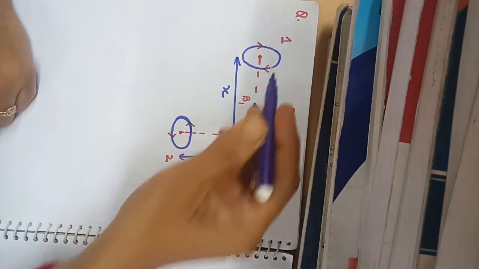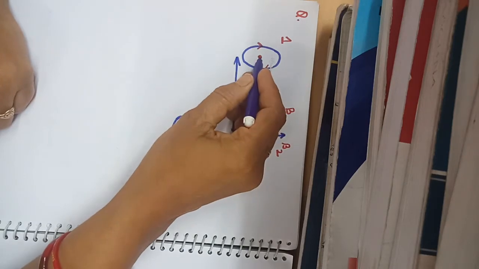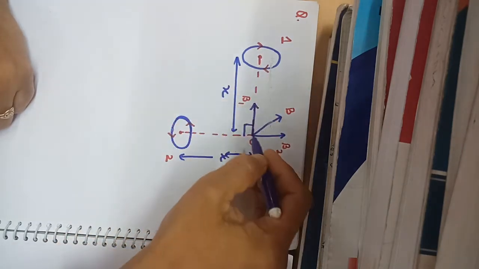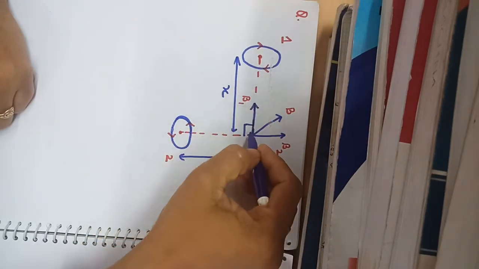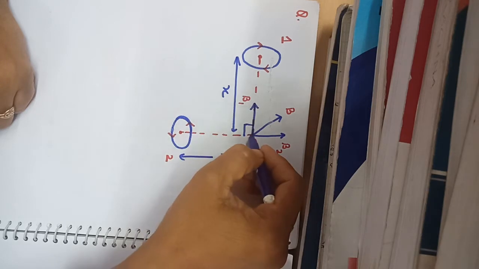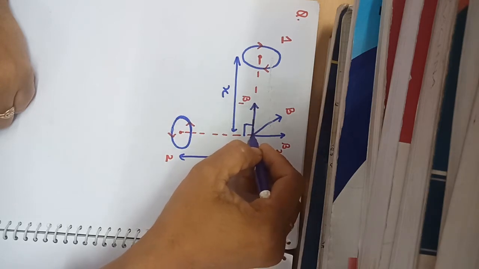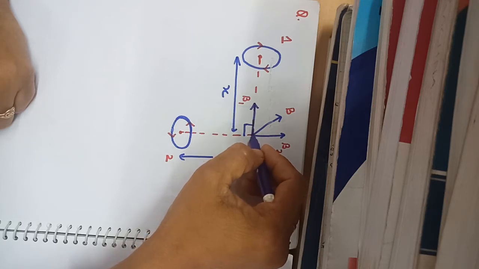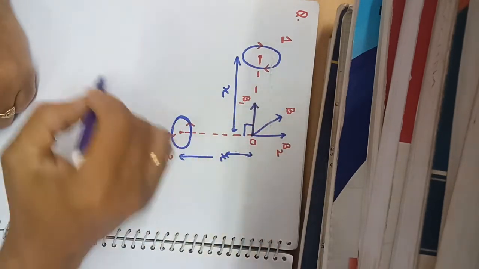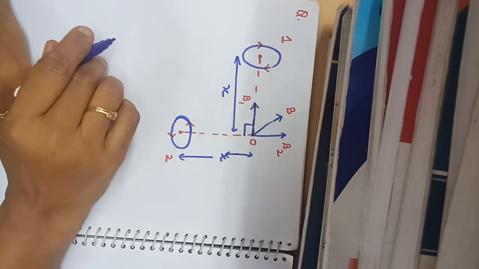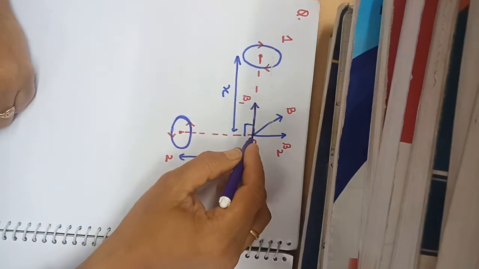Now see, you have a condition that the magnetic field is at any point on the axis of the circular loop. So this is the axis and this is one axis. These two axes meet at the point O. So at the point O, you have to find out the direction of the magnetic field due to this current carrying circular coil. First of all, you will mark the direction of the magnetic field at the point O.